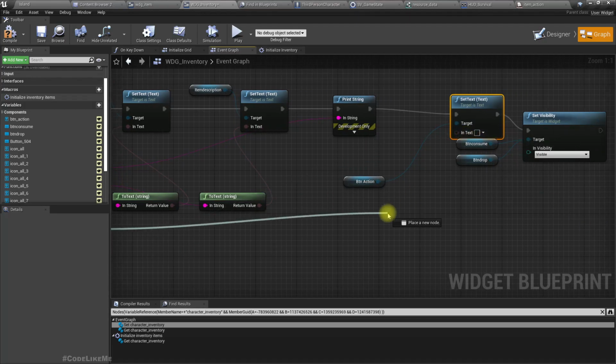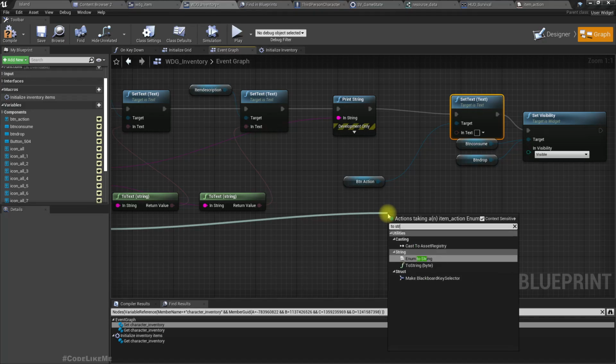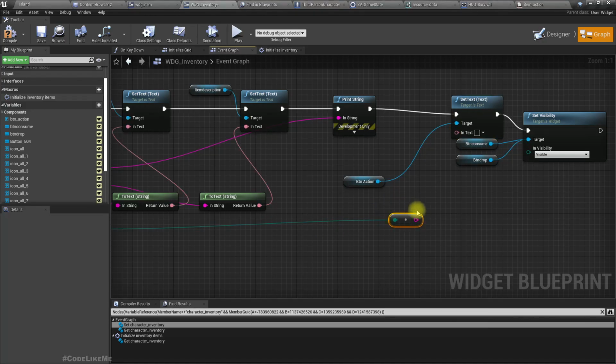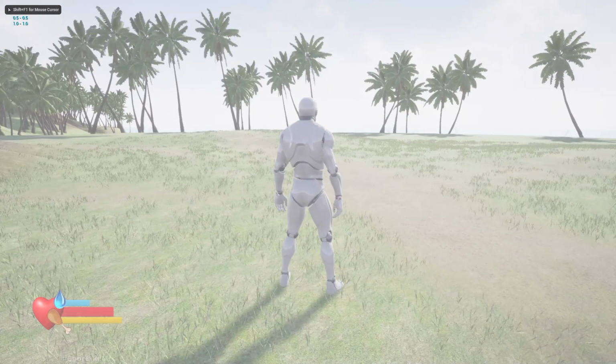Can we convert it to a string? Okay. Right, now we should get, instead of consume, we should get, oh, is it going to crash? I guess so. This is stuck